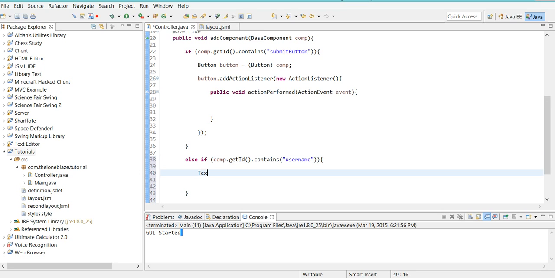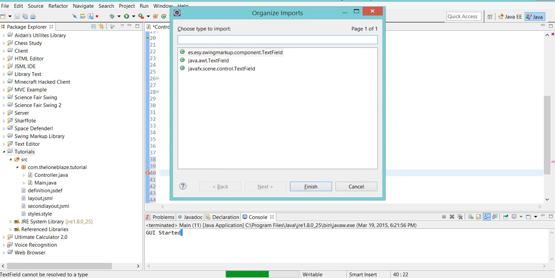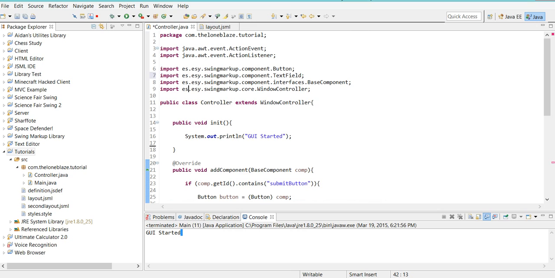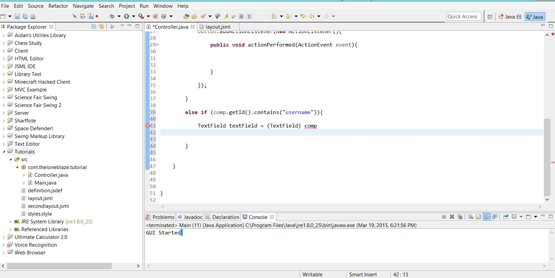We could say text field is equal to, not new text field, sorry, equal to TextField and then comp. I don't know what else is in there. And then again, you want to import it from the es.esy.swingmarkup.component package here. You notice that that's really necessary, otherwise it will not work. You add your semicolon, and then we can say